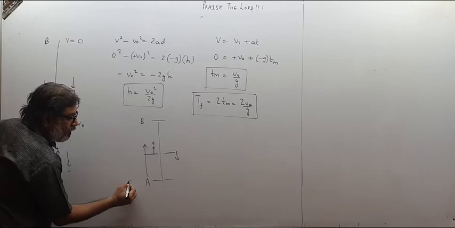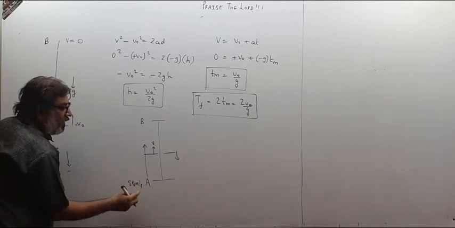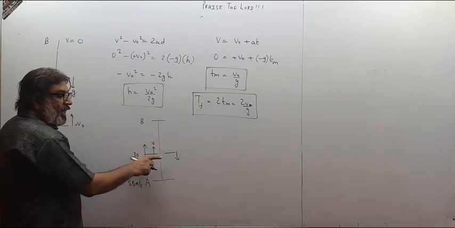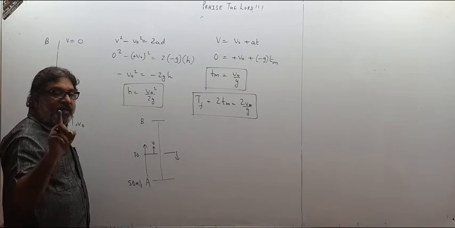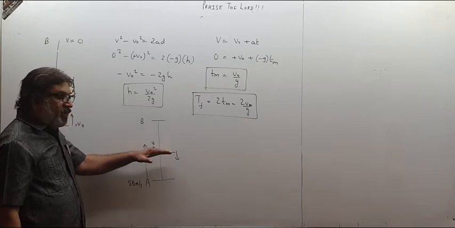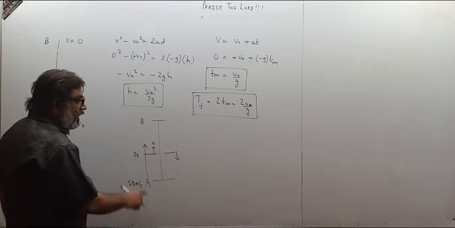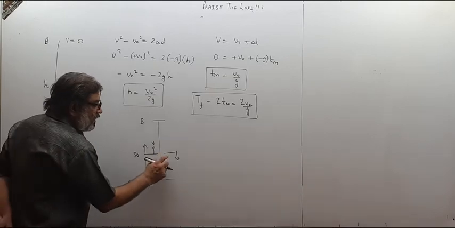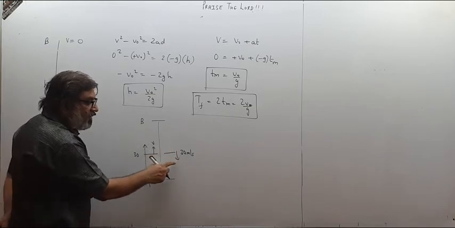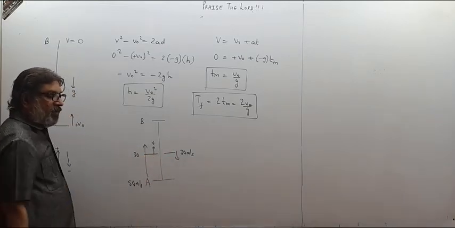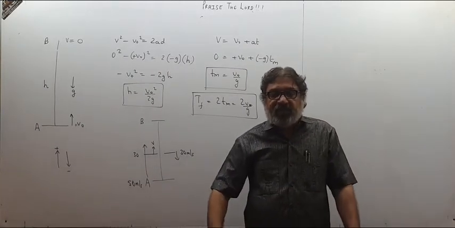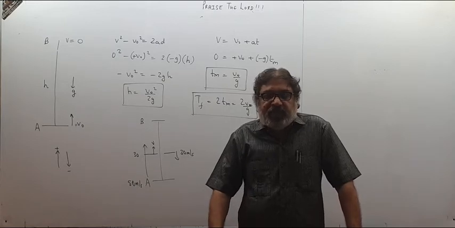So if I am throwing a stone upward with a speed of 50 meter per second, as it goes upwards, its speed keeps on decreasing. Supposing here the speed is 30, at the same horizontal height the speed will be the same. So here also the speed will be 30 meter per second. So here velocity will be plus 30, here velocity will be minus 30, but speed will be the same. So remember, when we are throwing the stone, while going upward and downward at the same horizontal height, the speed remains the same.